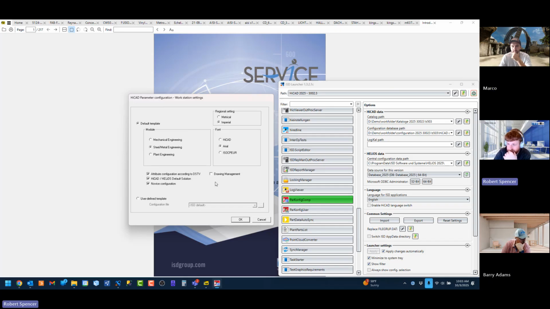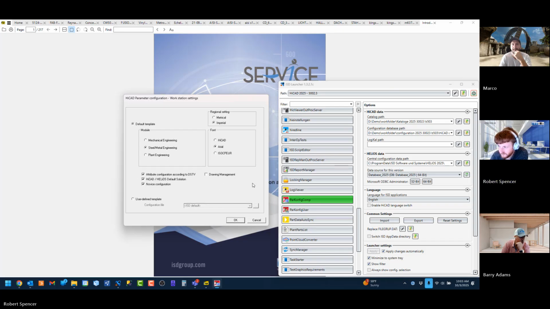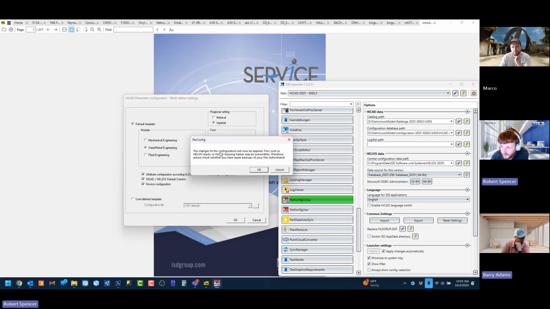You might have some of these grayed out depending on the licenses. You probably didn't purchase a DSTV license, so that might be grayed out. Don't worry about that. I'm going to check this box on my computer, but you do not need to check it. It's something, again, I forgot to do yesterday. And we're going to say okay, and it's just going to say changes are going to be made. We're going to say okay,